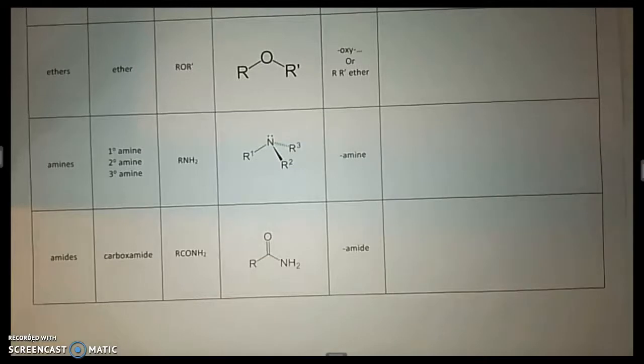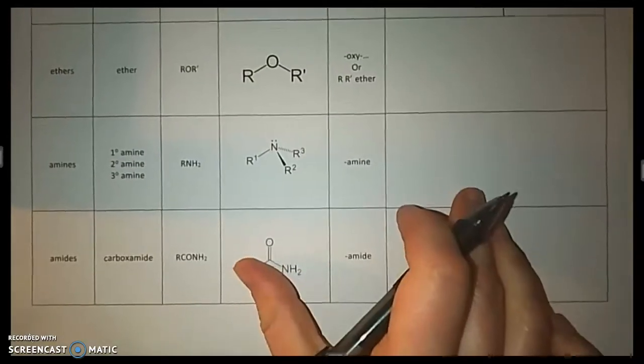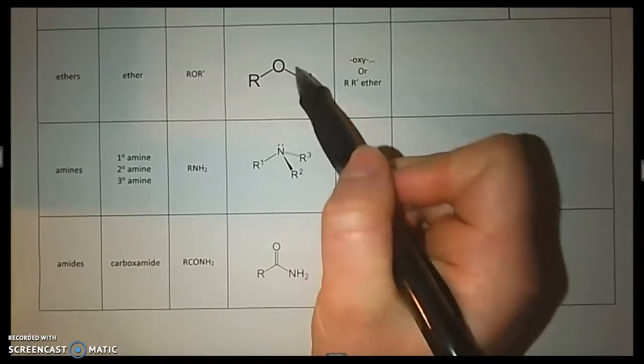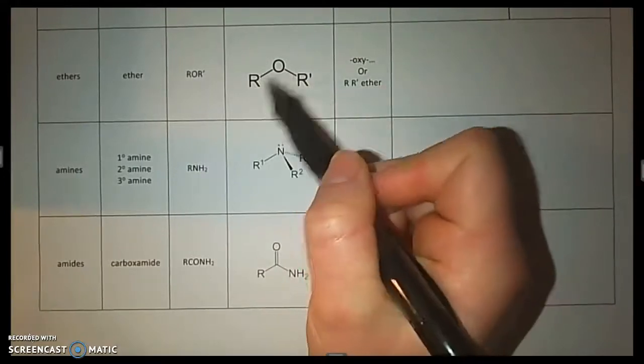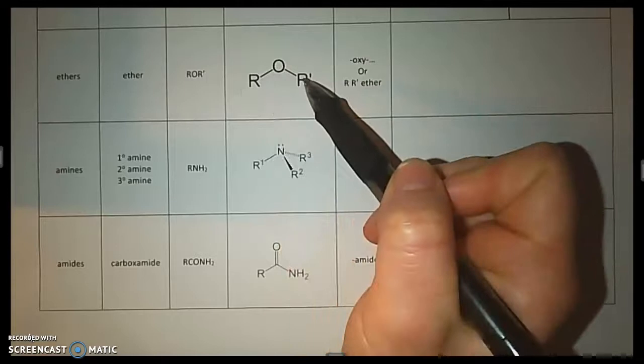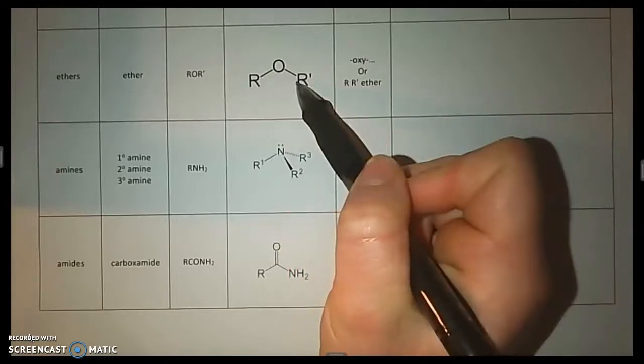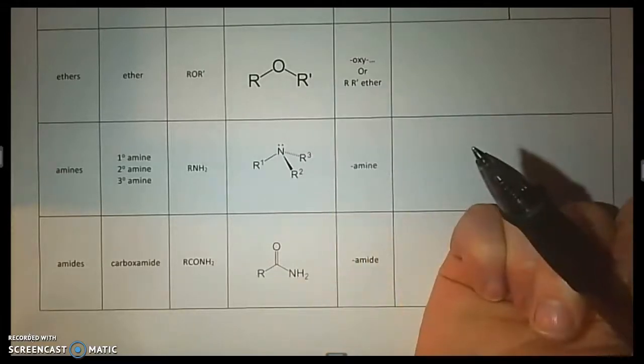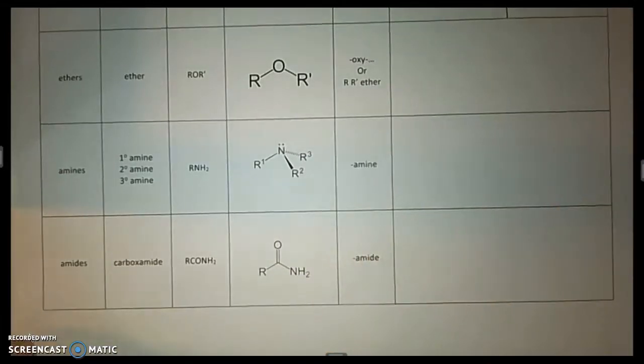Okay, next group here, we've got ethers. And I'm going to go over 2 naming conventions for ethers because both of them come up pretty often. Ethers are what we would call structural isomers of alcohols. So they have oxygen single bonded into the middle of the chain. So this is another situation where our R groups here have to represent hydrocarbon chains. If one of these was just a hydrogen, then it would be an alcohol, not an ether. Okay, so